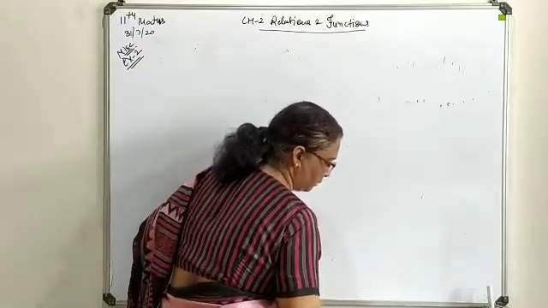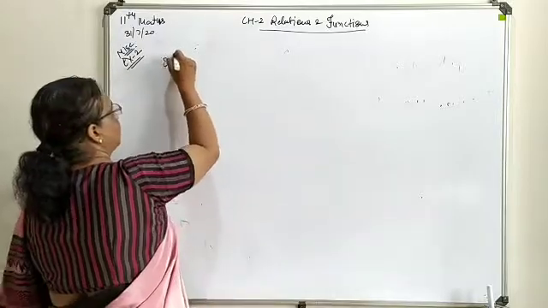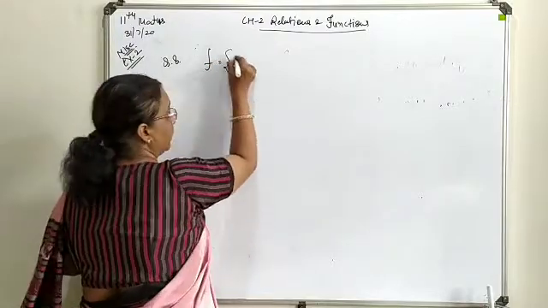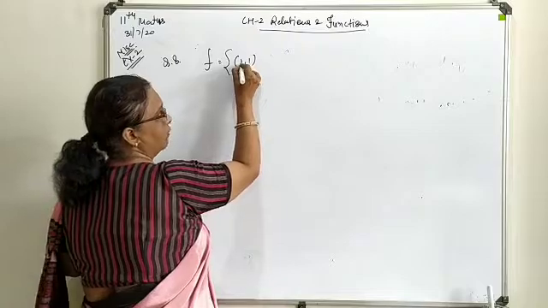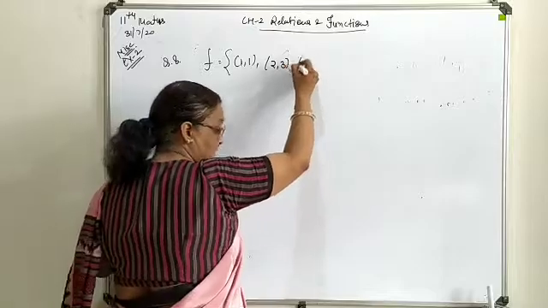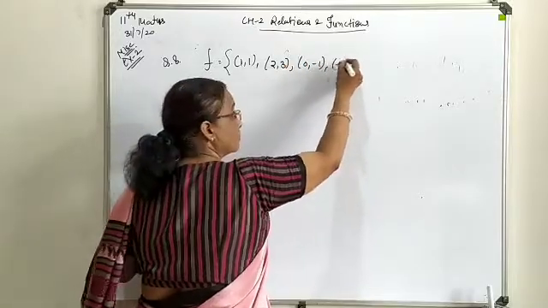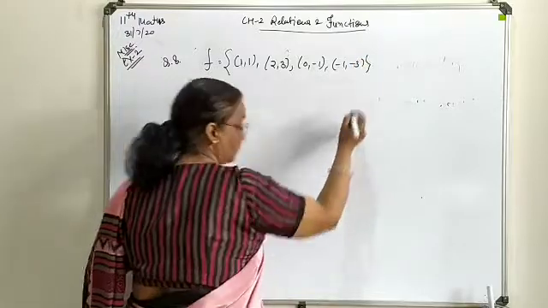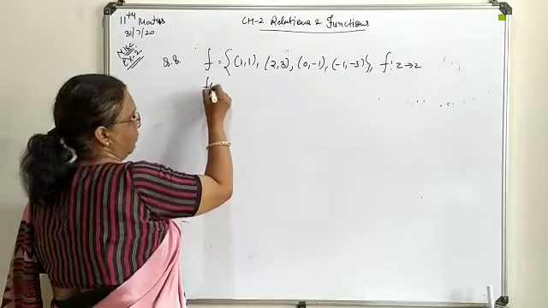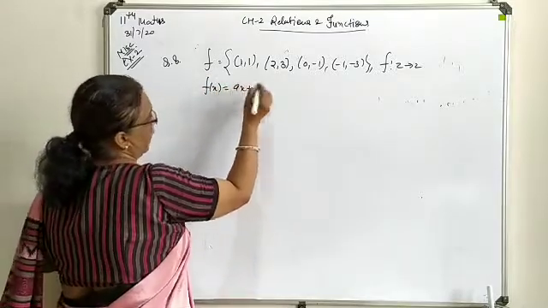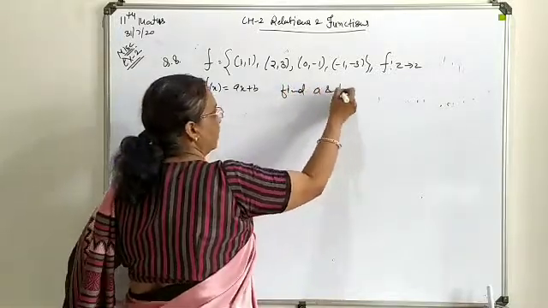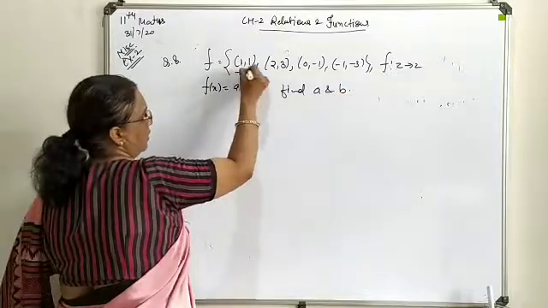Now one more combination, question number 8, is available to you in a different category. Here your function is available as ordered pairs, like (1, 1). This is the value of x, this is the value of f(x). Everywhere in each combination you will deal with the same. Your f is defined from Z to Z such that f(x) is ax plus b. On the basis of these ordered pairs, find a and b.